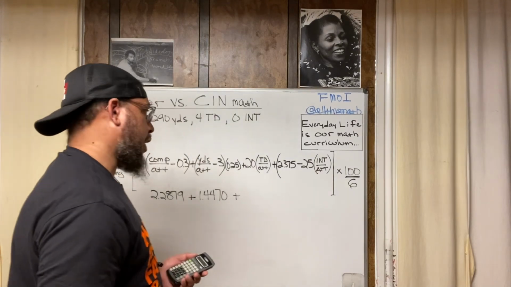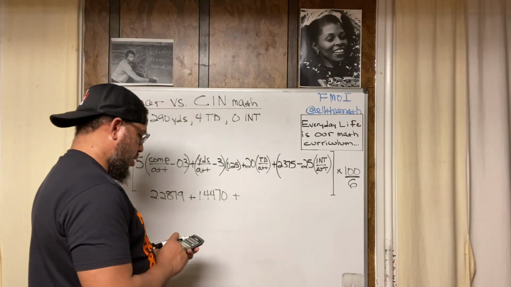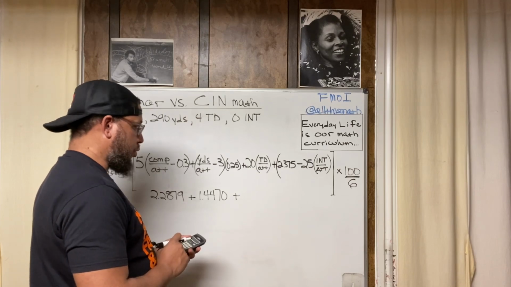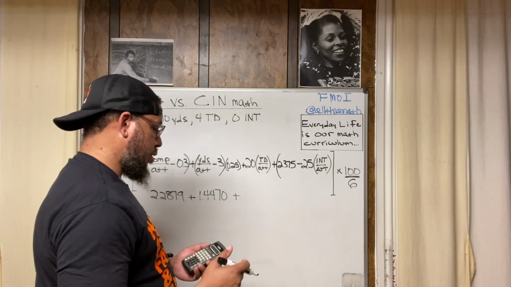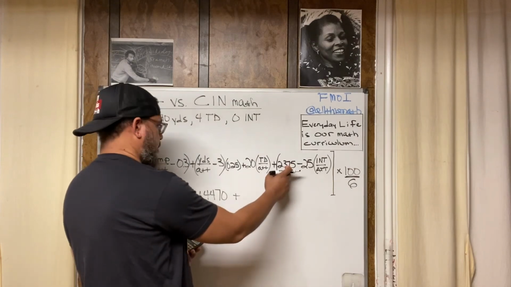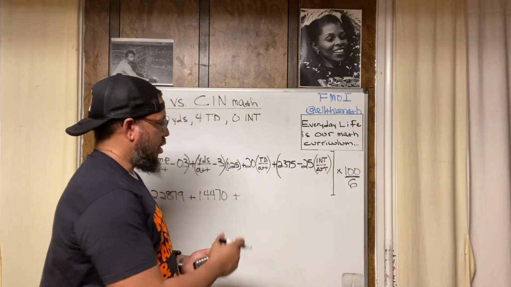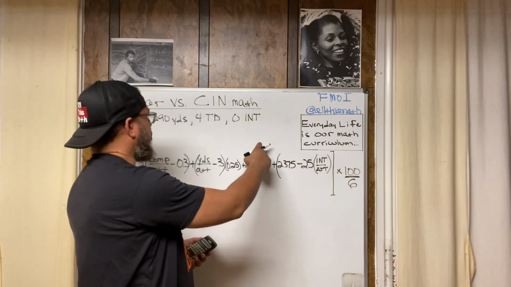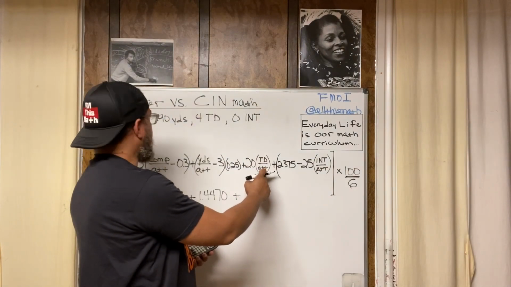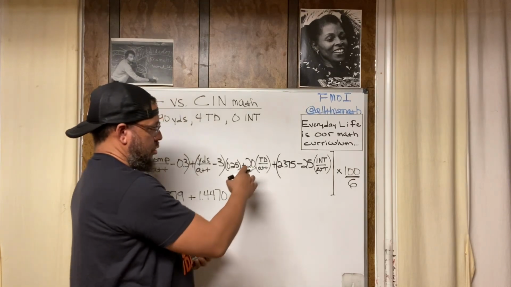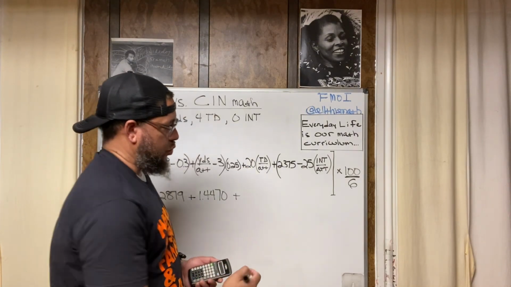I get 0.12121212. Then I got to multiply that by 20, so that's times 20, which equals 2.4242. So that's greater than this, so we got to drop it down to 2.375. Again, we calculated touchdowns was 4 divided by the number 33, multiply that by 20, we get 2.424242, which is greater than this.